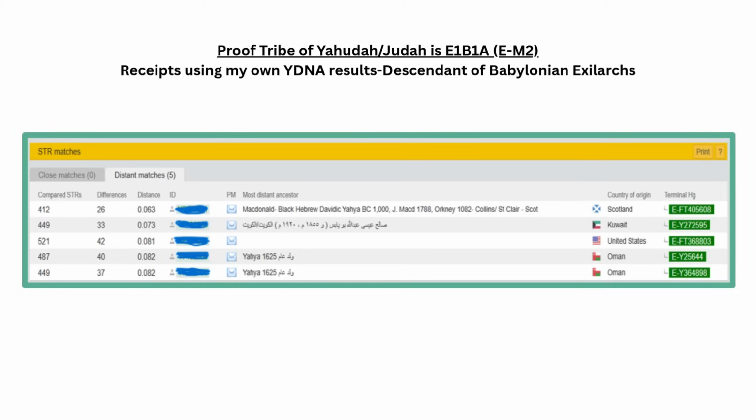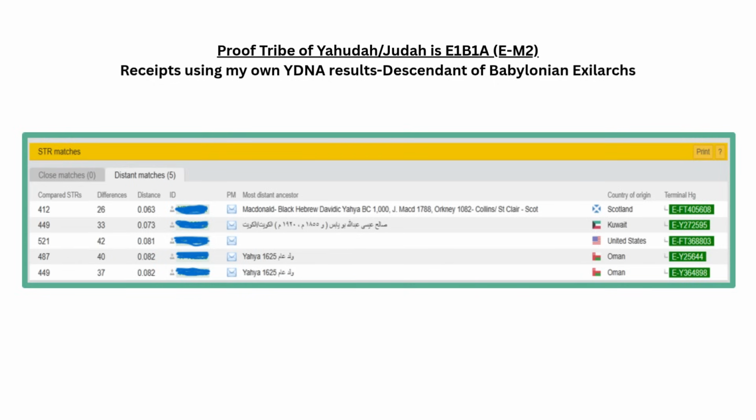So some people put where they are currently, some people put the country where their most distant ancestor in their family tree, the most distant known family member in their family tree lives. Some people do it that way. Either way, what's notable is 2 matches from Oman, 1 match in Kuwait, and a match in the U.S.,